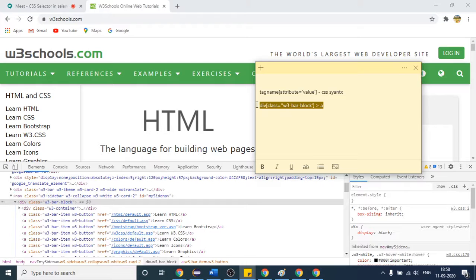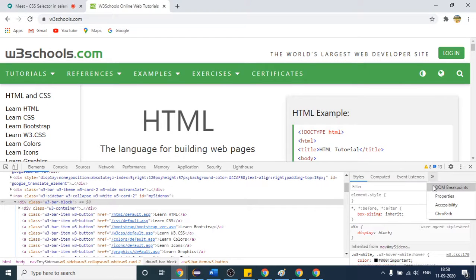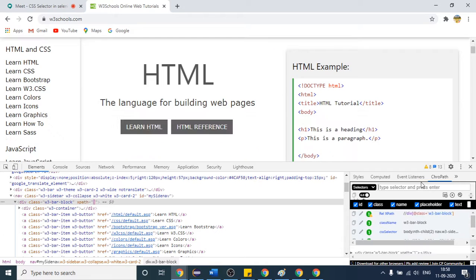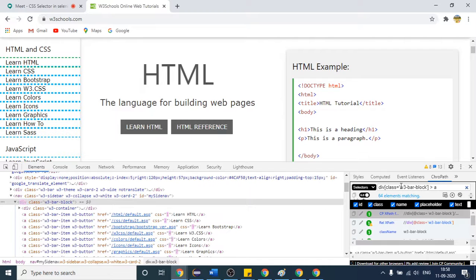So let us check whether it is selecting or not first, then we will try to come to this first element only, because we are interested in this one only. Okay, so if I come to my ChroPath and I paste my CSS here, you will see. Okay, I think what is the error here? I think I put double quotes here, you can see. Okay, a single quote will come here, and then if I press enter, you can see